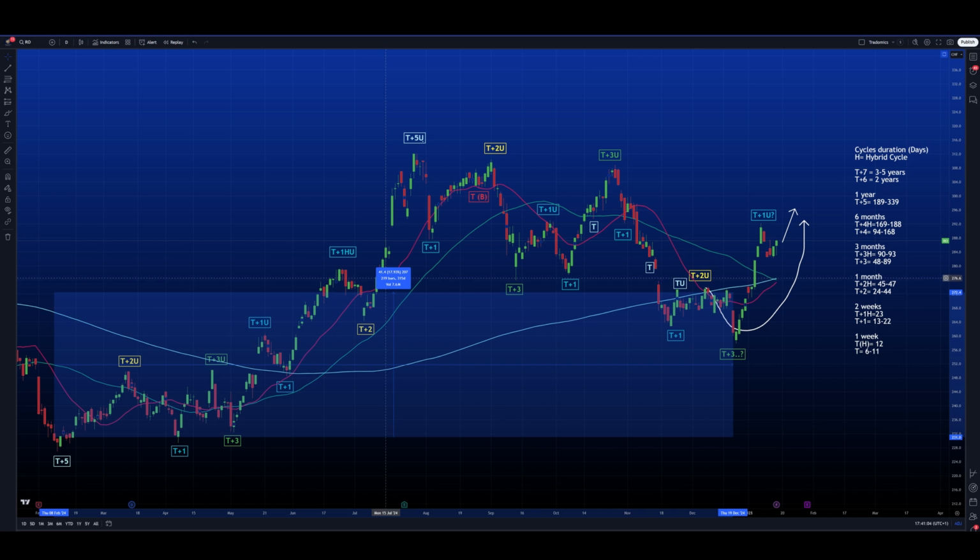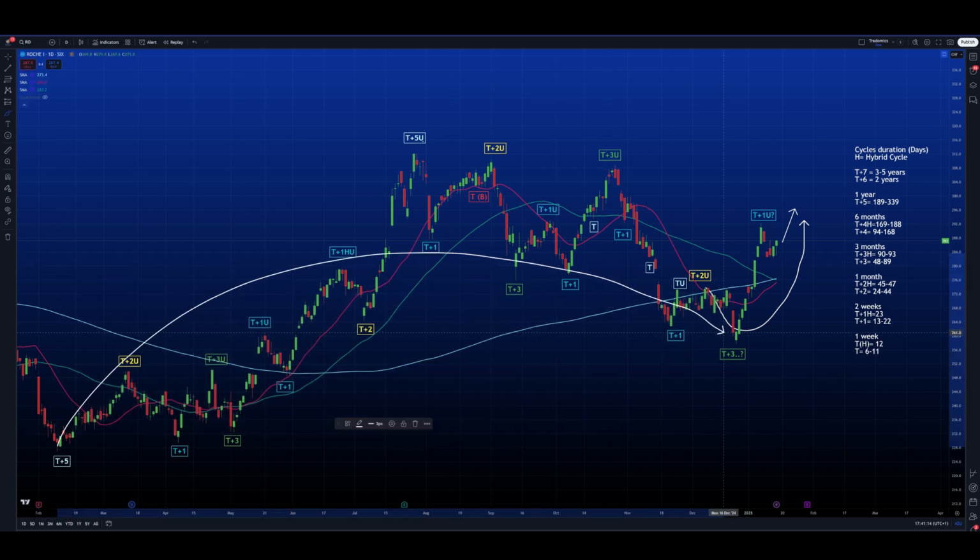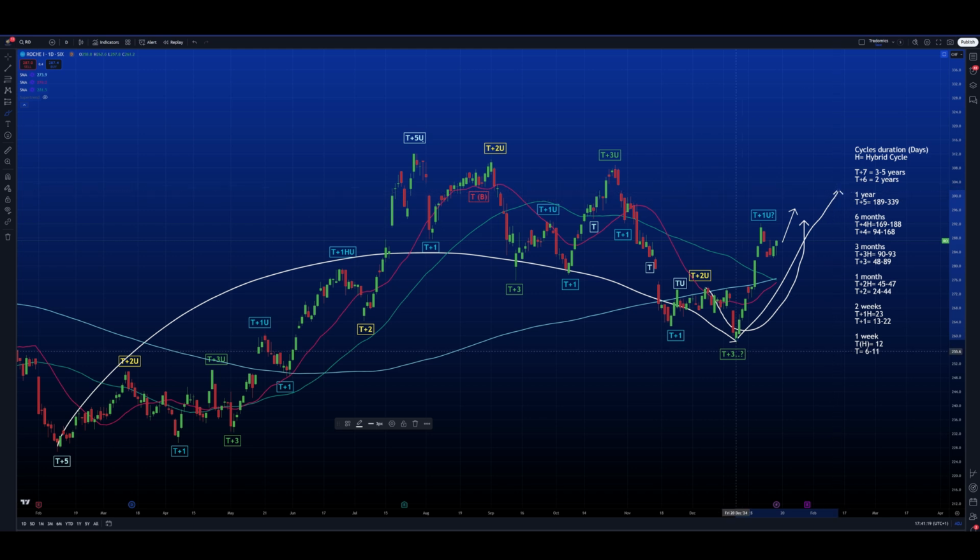This cycle, or the duration of this cycle, is already enough for a T plus 5. Okay, so potentially from this top here, we can have even the beginning of a T plus 5. And if from here, of course, now it's too early to say that this is a T plus 5, because we need a certain time of bars over this low. But if here we have a T plus 5, then the target will be this swing. So the target here will be at